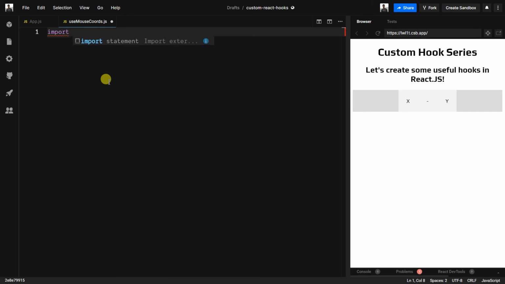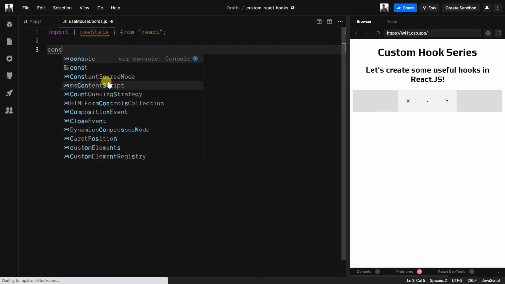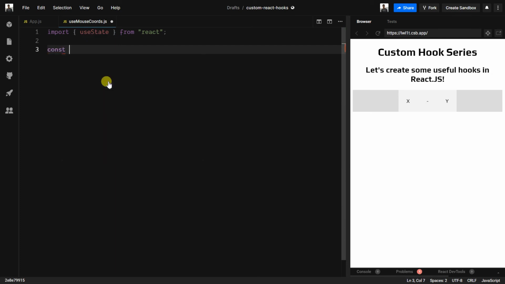So import useState from React, and then I'll create the functional component, or the hook that I'm going to make. That's useMouseCoordinates. I'll name it coords for short, and this will be an arrow function.